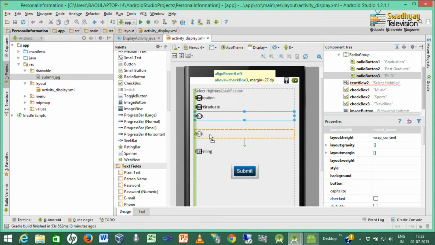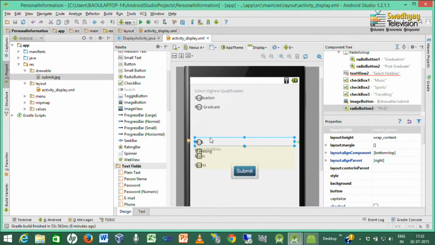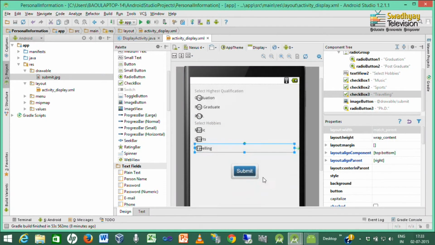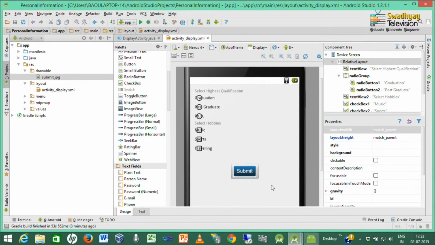And we want to separate these check boxes. So, now it seems OK. So, our interface is ready.